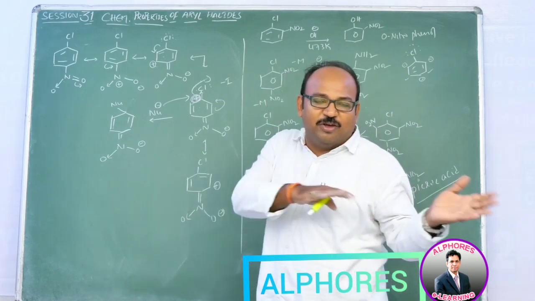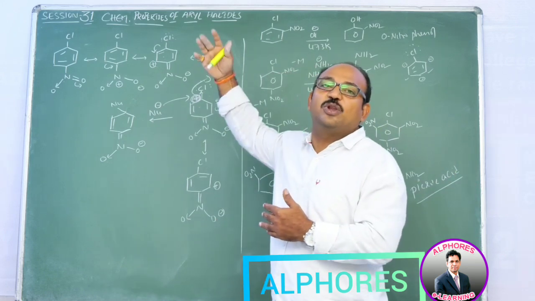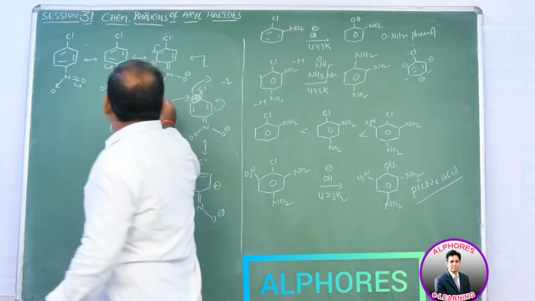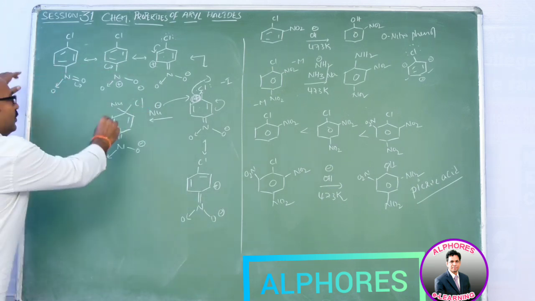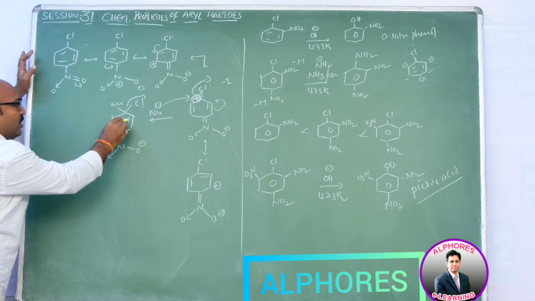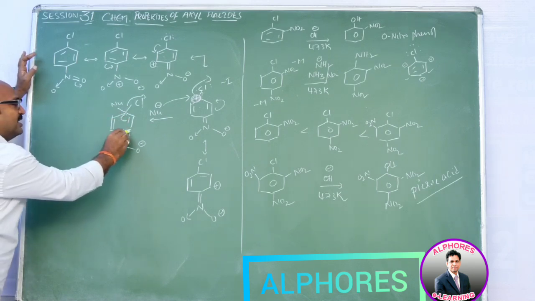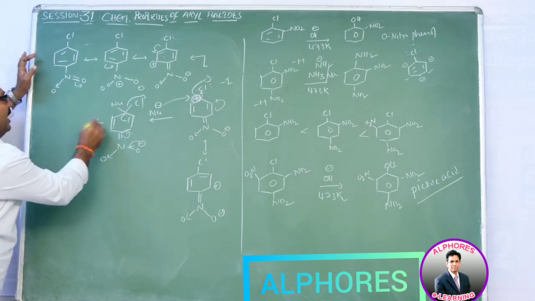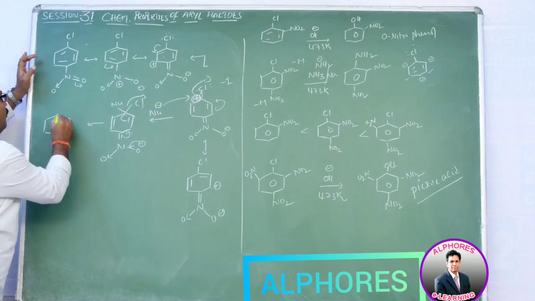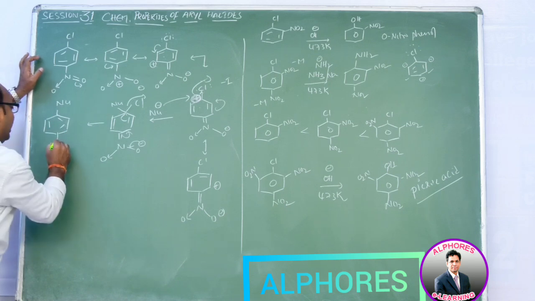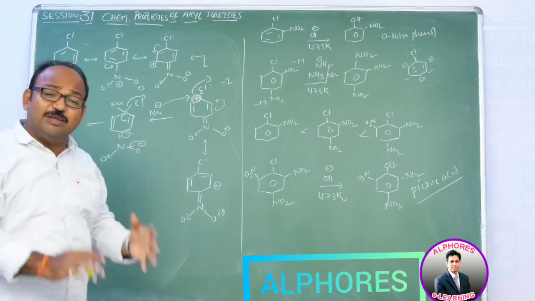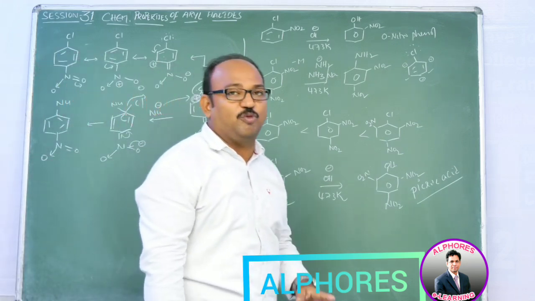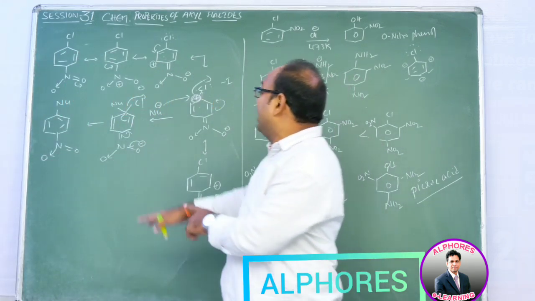So overall, when the nucleophile approaches, Cl has to leave. You can write this in two steps like this, nucleophile and Cl. When this nucleophile attacks, then Cl minus has to leave, these electrons get back, and these electrons get back. Finally you are getting the product with the nucleophile. Here the nucleophile, the ring retains its aromaticity, and N double bond O, double bond O. See, ultimately the ring has to retain its aromaticity. It is not supposed to exist like this.